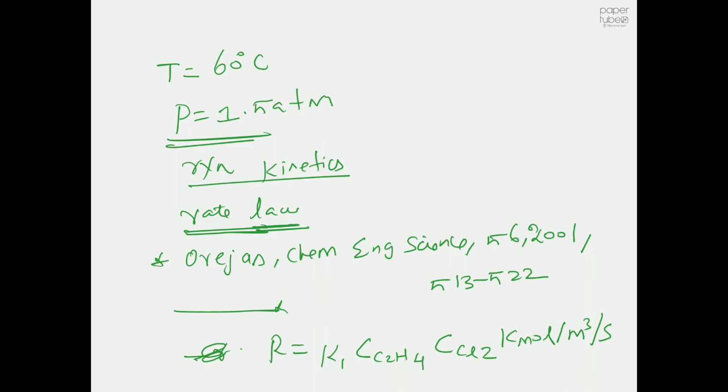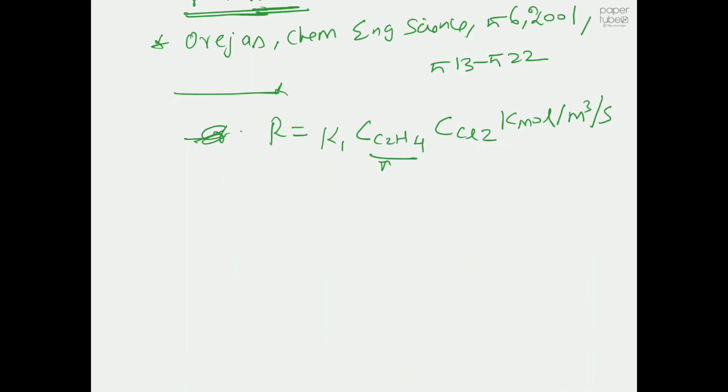And they found that the reaction is first order with respect to ethylene. So this is other information that we need when we are going to use Aspen HYSYS. They gave some numbers for this kinetic constant k, which is equal to